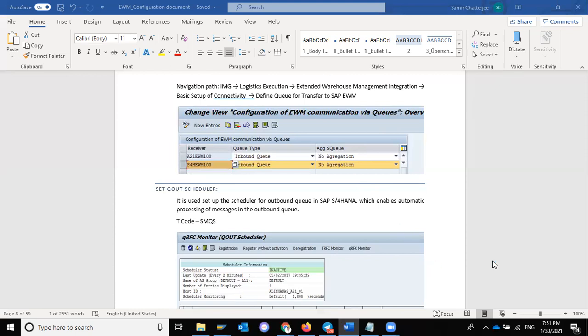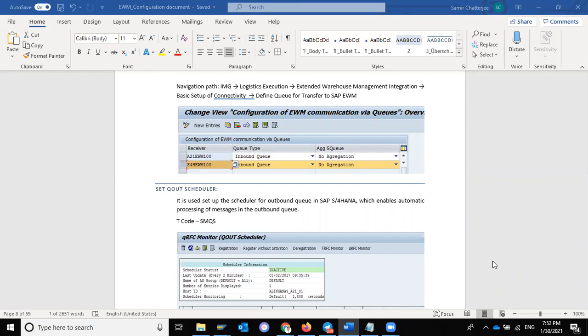Queue is a pipeline, you can say. This queue is also used in RF, radio frequency communication system. So whenever there is a communication system, we are having queue. Okay, so this communication system is applicable for the